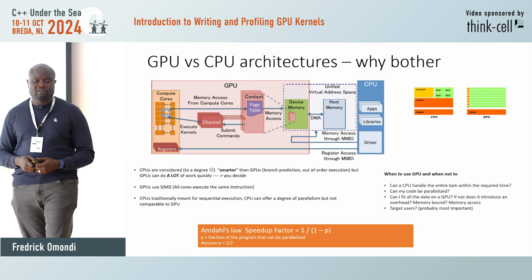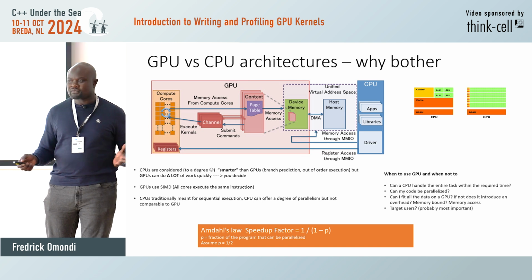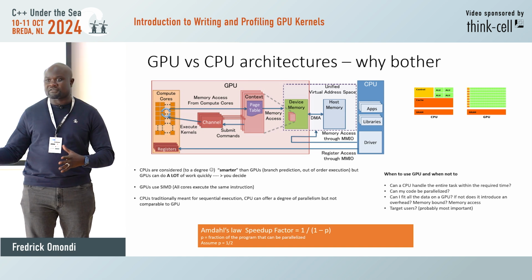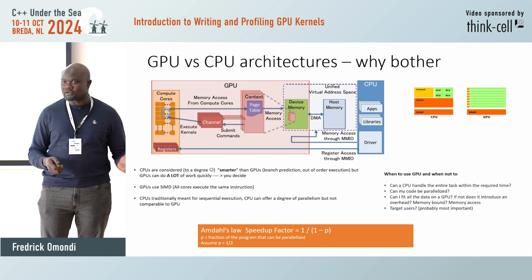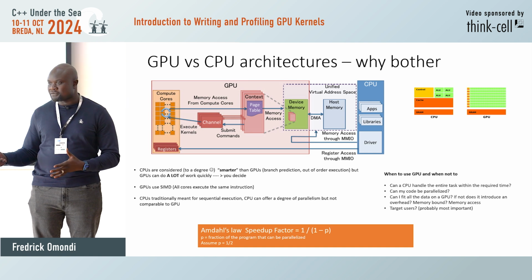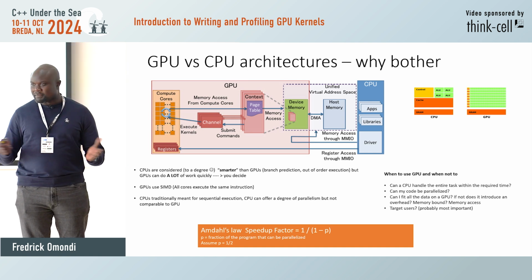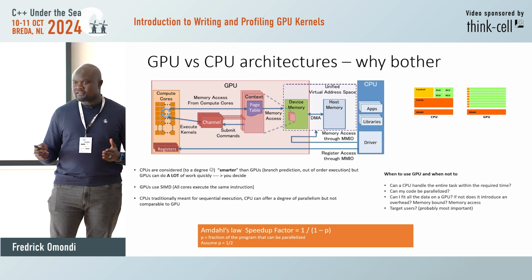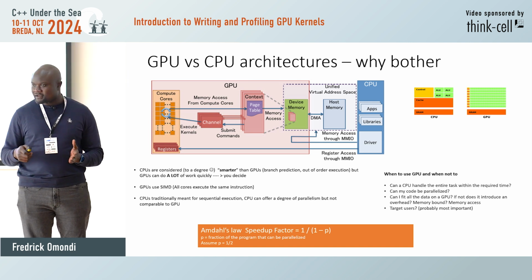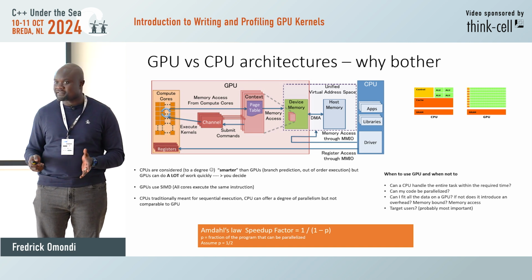And if your workload is memory bound, which requires you to transfer a lot of memory that the GPU cannot even hold, then you probably want to keep it on the CPU, because the amount of memory transfer happening between GPU and CPU has a big implication on performance. And